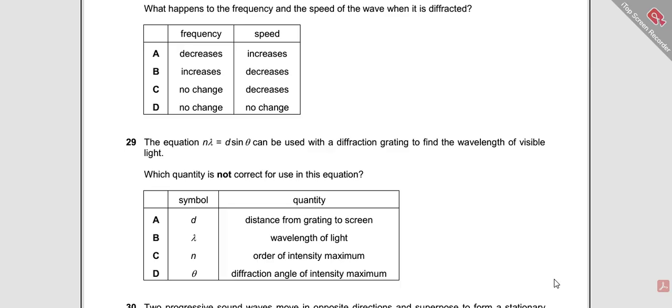Now the equation n lambda equals d sine theta. It can be used with a diffraction grating to find the wavelength of visible light, and which quantity is not correct for use in this equation? This equation for diffraction grating,